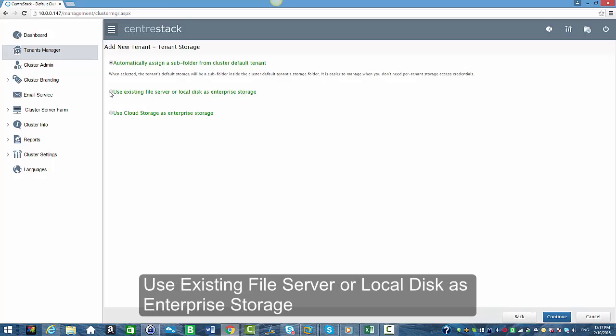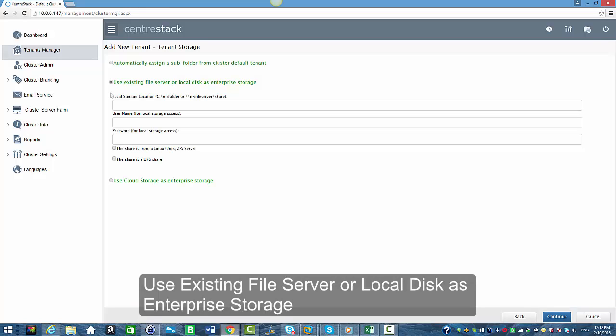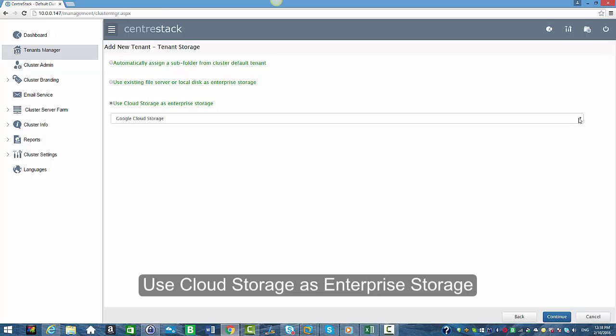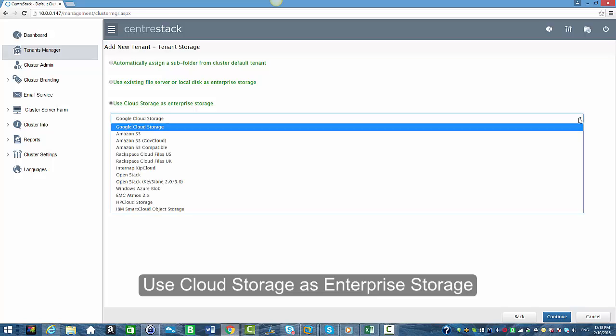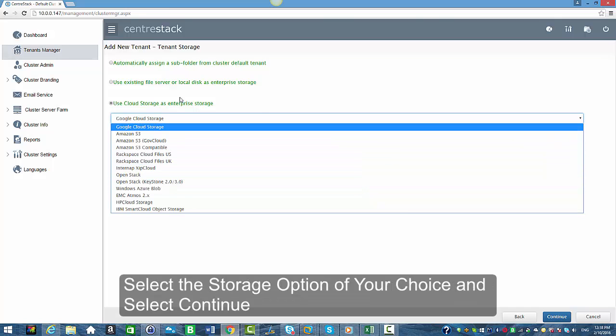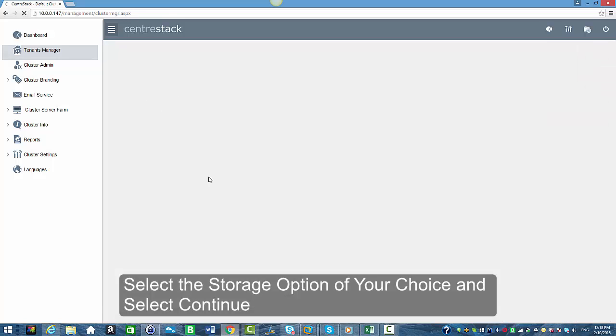We also have use existing file server or local disk as enterprise storage. If you have an existing file server or local disk, you can specify the path here. We also support shares from Linux, Unix, and DFS servers. You can also choose use cloud storage as enterprise storage. When you select that, we have a list of cloud storage services, and you can choose the one that you want. I'm going to go ahead and select automatically assign a subfolder from cluster default tenant, and